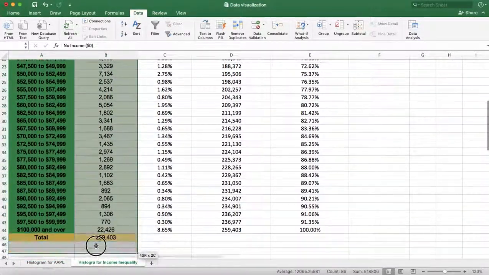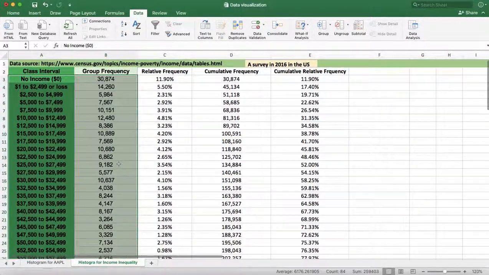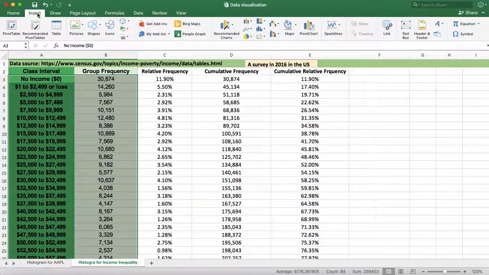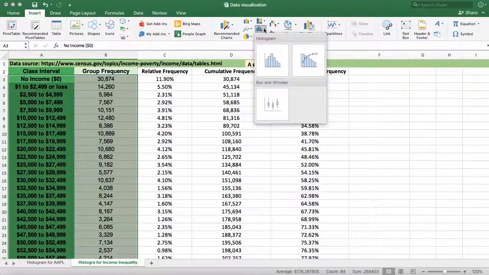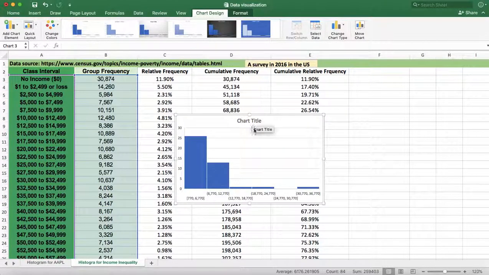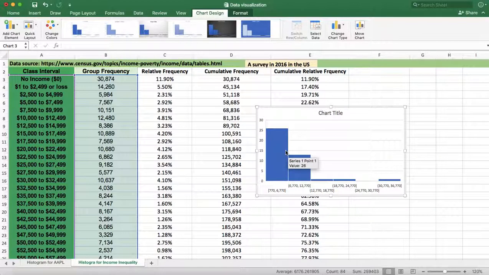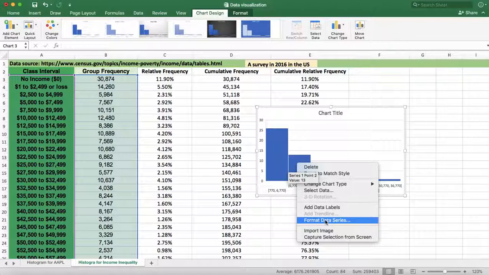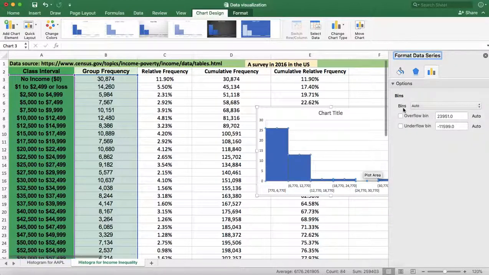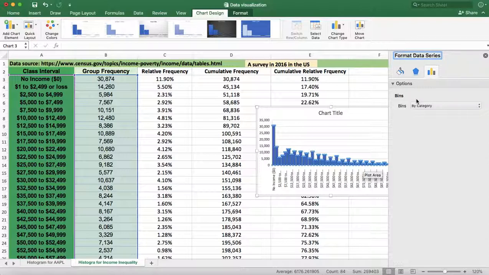We just highlight the data and insert histogram. Oh, no, we already have a histogram. The next step is adjustment. So click one bar, format data series, and bins. Here we choose by category. By category, Excel automatically adds the categories here. And then